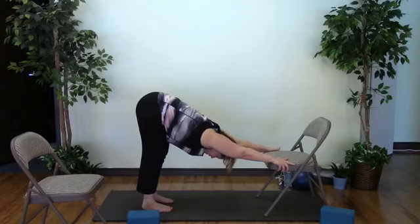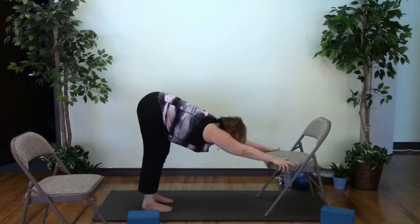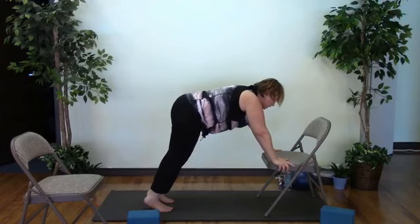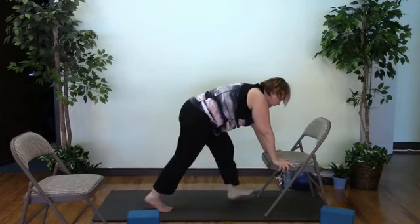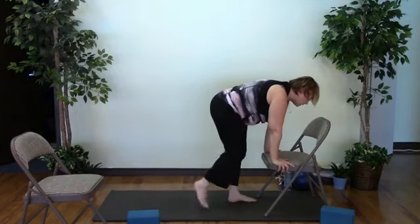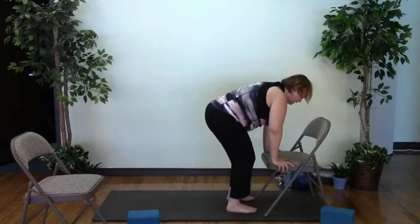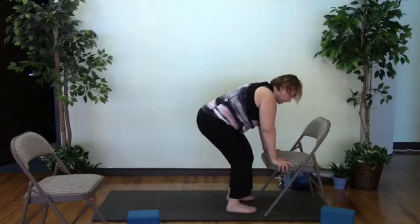Take another deep breath in right here. When you're ready, lift your head and look forward to the chair. We'll start to lean towards the chair and then step your feet forward. Move as slowly as you need to. We're going to soften the knees here so we kind of look like we're getting ready to sit back into